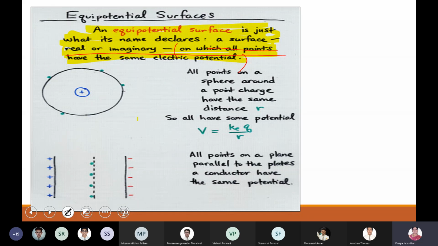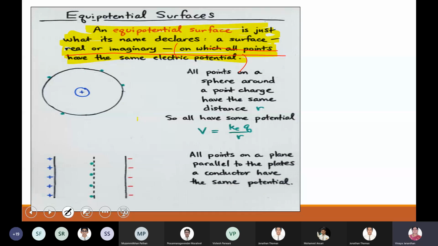The surface on which all points have the same electric potential is called an equipotential surface. And boys, now you will be drawing an equipotential surface for an isolated charge. Then you will be drawing for a uniform electric field. Dipoles I'll give you as homework. It's there in your textbook. You can refer. Shall I go for the next slide, boys? With proper pencil and scale, draw the diagram, boys.